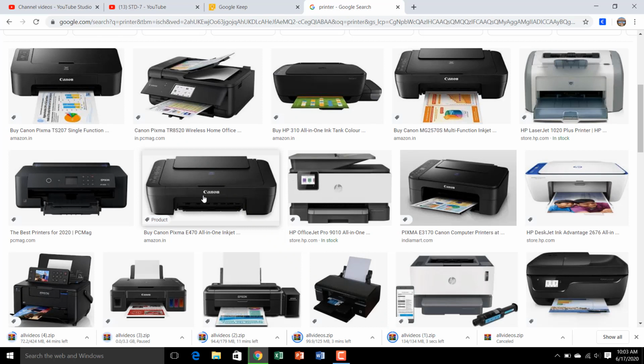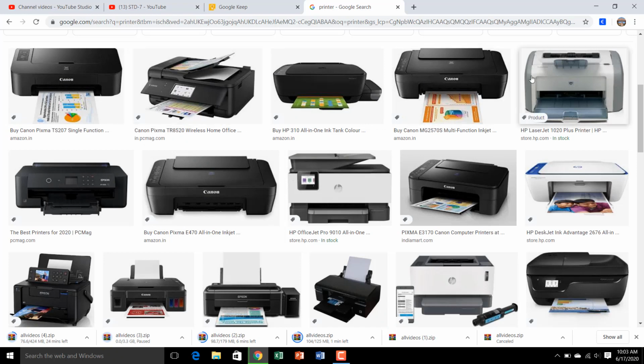A printer basically gives black and white prints, and color prints are also available. If you want a color print, you can get it from a color printer, and if you want black and white, you will get it from a black and white printer. See, these are color printers, for example Canon and some other companies.